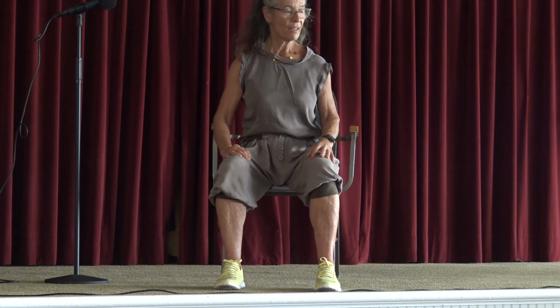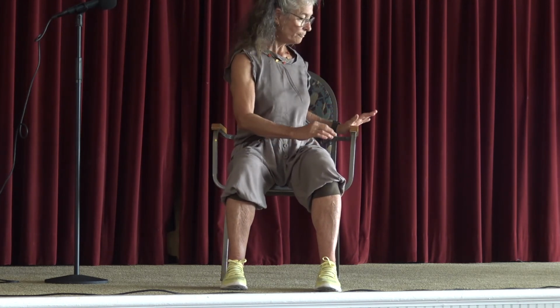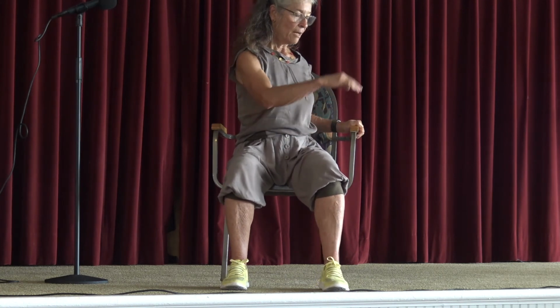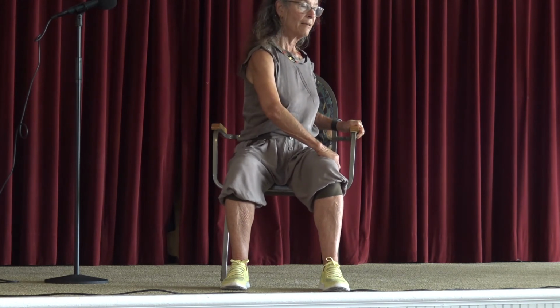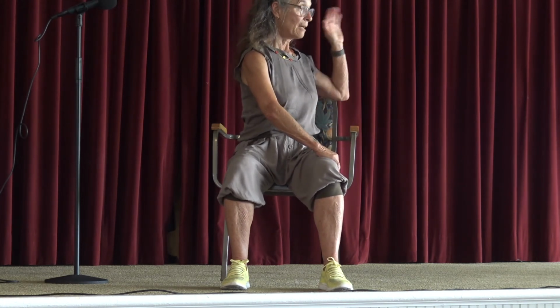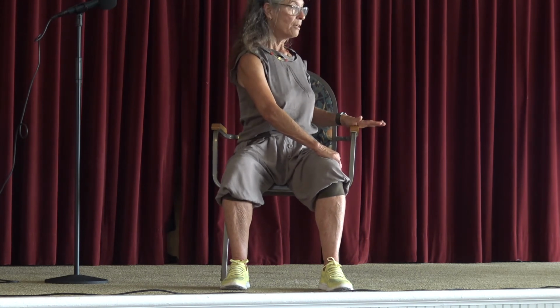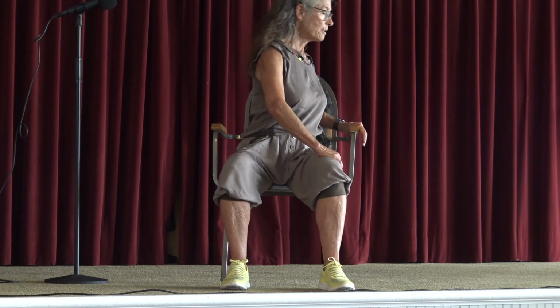Good. We're going to turn, let's say, to your right. You're going to put one hand on the side of the chair and another hand on the side of the thigh. And we are going to do the same thing that we did forward, we're going to do to the side. So let's say this is a bridge, and over here there's a beautiful lake, and we're trying to see